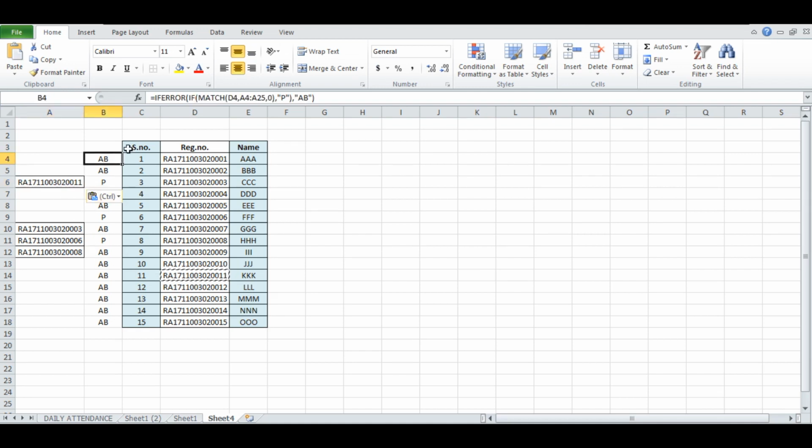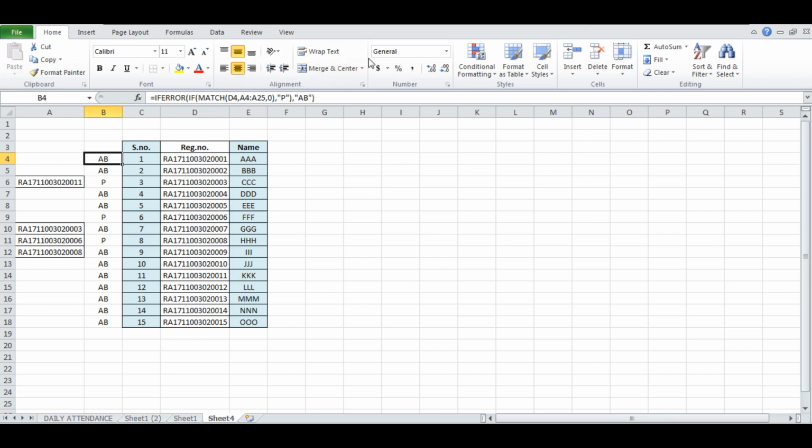Because we have used the range directly and we have dragged it. So what happens? For this column, it checks from A4 to A25. So while dragging, it is incrementing. The source is also incrementing, the range is also incrementing. We need to increment source alone. This range should not be incremented. For that purpose only, we need to give the user defined name. We have to fix this range in a user defined variable.